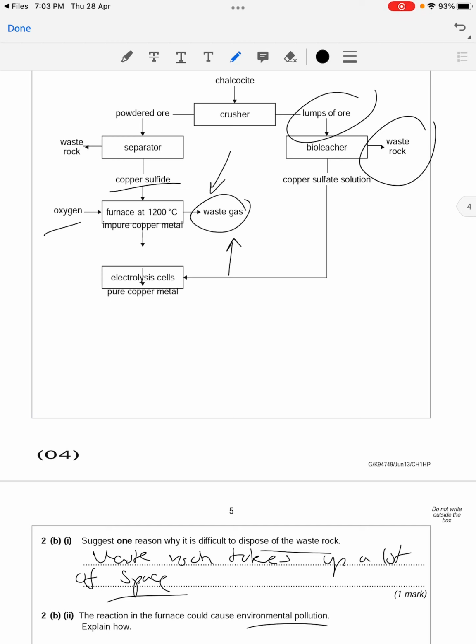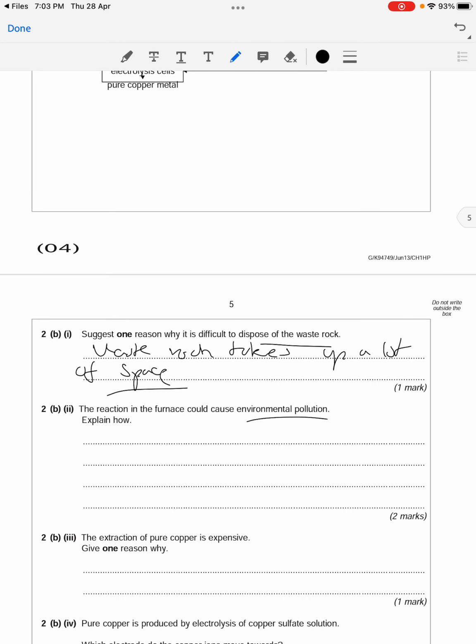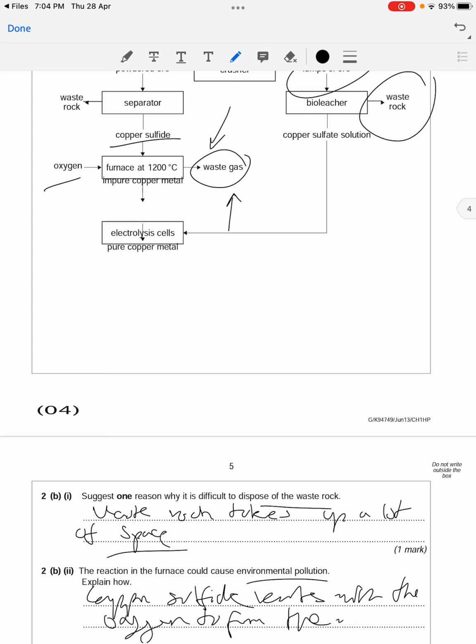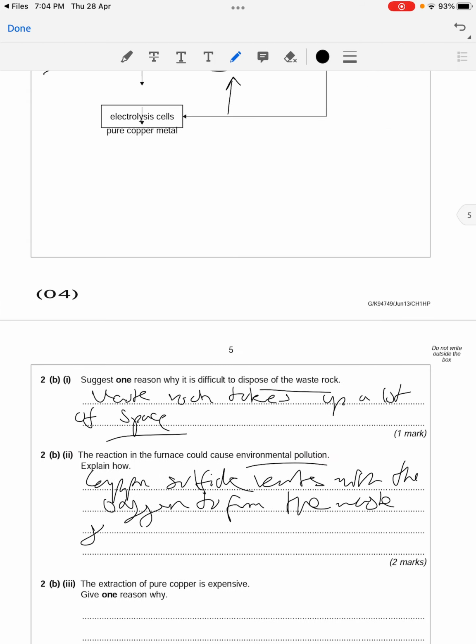So what happens when copper sulfide reacts with oxygen? It falls under the category of producing sulfur dioxide that indirectly causes acid rain eventually. So this is what you can mention. See, the diagram shows everything that you need. So you could say that the copper sulfide reacts with the oxygen to form the waste gas called sulfur dioxide, right? Sulfur dioxide